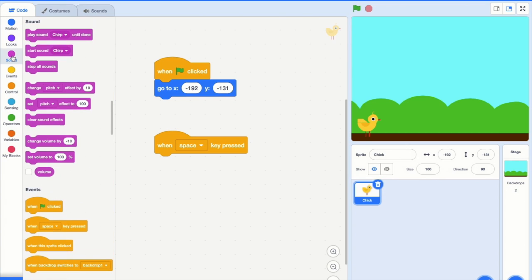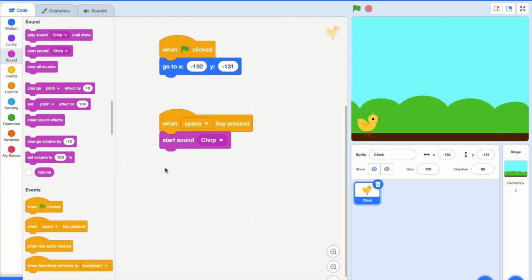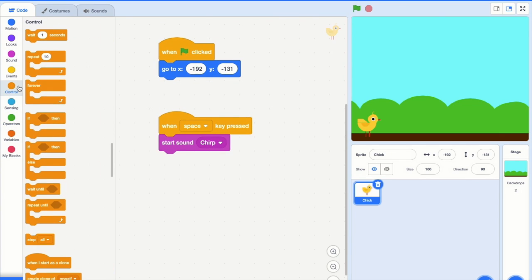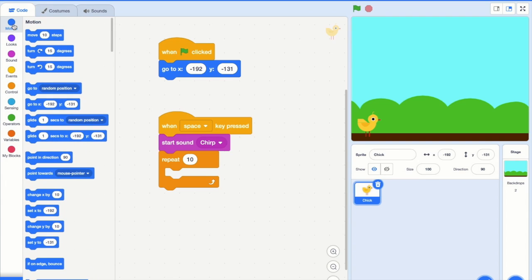Go to sound. Drag start sound chirp. Next, go ahead to control. Drag repeat 10 times over here. Next, go to motion and go to change Y by